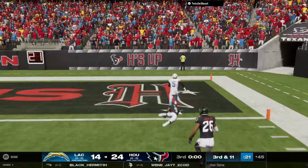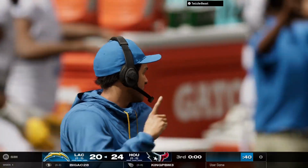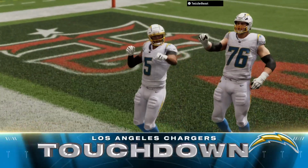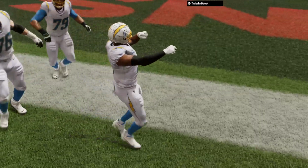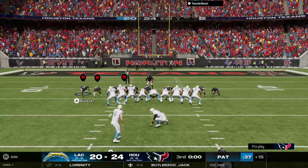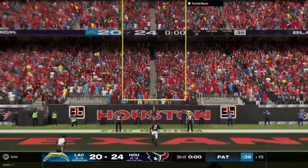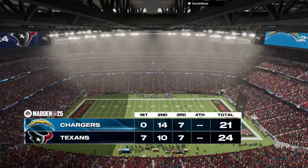This is caught inside the 15. And he is in. Touchdown, Los Angeles. The Chargers shave some off the deficit late in the quarter. It's an Adonai Mitchell touchdown. His third through the air this game. Dicker on now for the PAT. The point after splits the uprights. And the Chargers cut it to a...